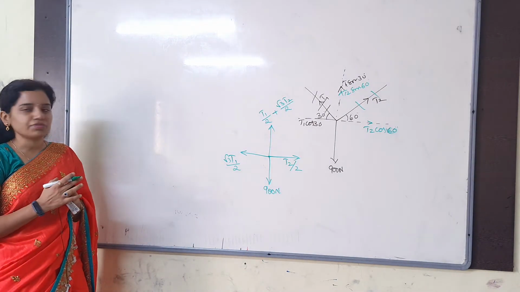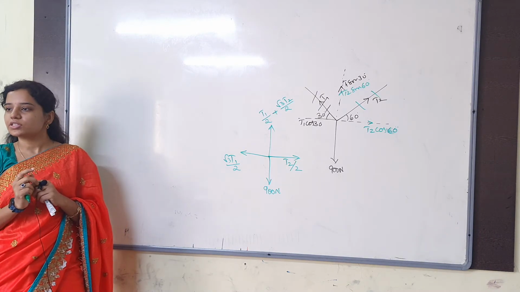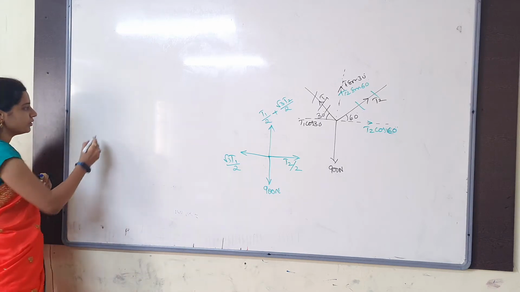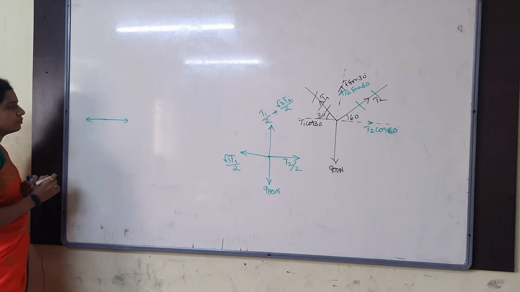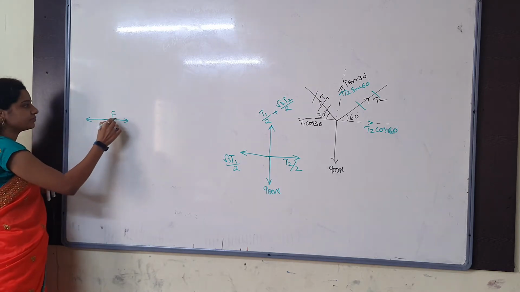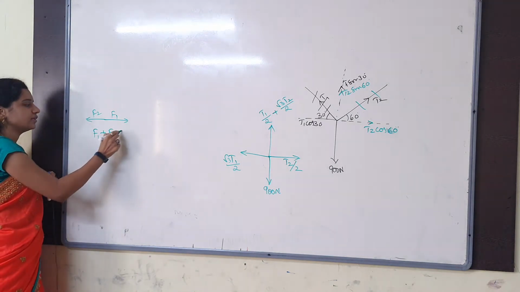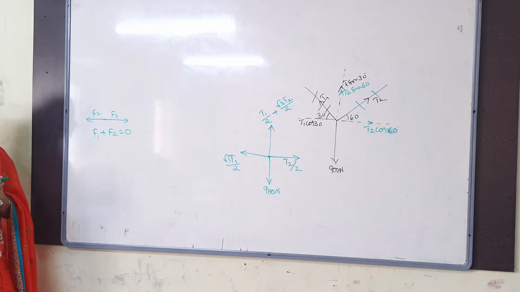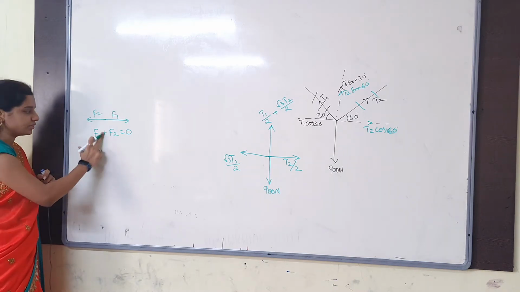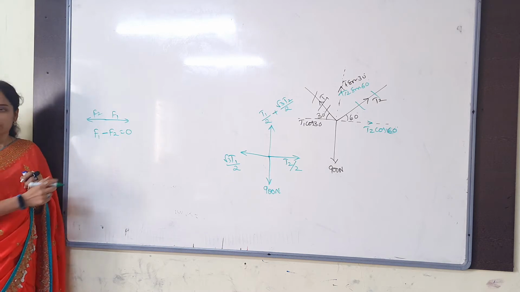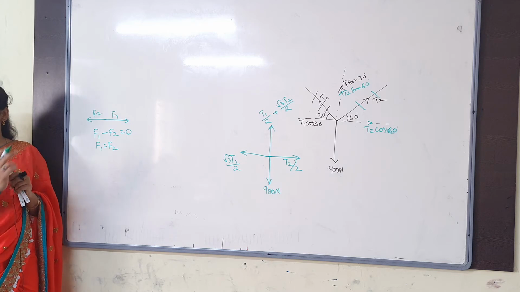Then you have to apply equilibrium of forces. Equilibrium is nothing but what I said, the sum of the forces is equal to 0. For example, if I take two vectors opposite to each other, both at equilibrium, what can you write? Here F1 and then F2. The sum of the forces is equal to what I said? 0. F1 plus F2 equals 0. But F2 is in which direction actually? Opposite direction. Shall I take F1 minus F2 here? Then what will we get? F1 is equal to F2. That is the equilibrium condition.